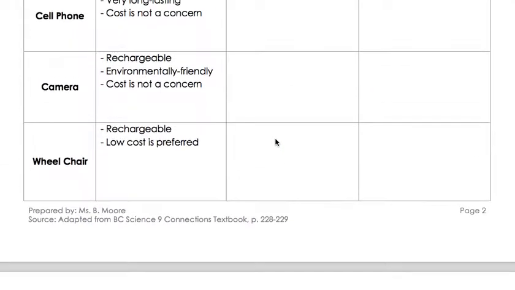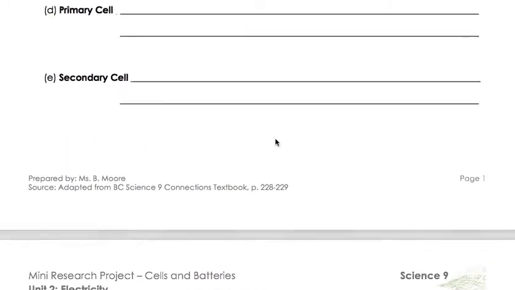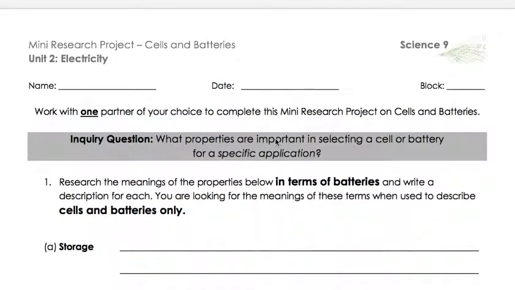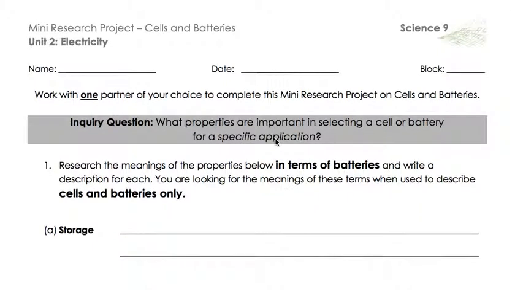As usual, if you have any questions, please ask the teacher or please ask our librarian for help in finding resources to help you be successful with your mini research project. Ms. Moore is always one email away if you have any questions for her,